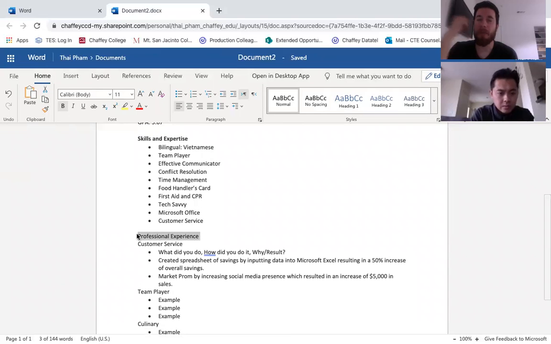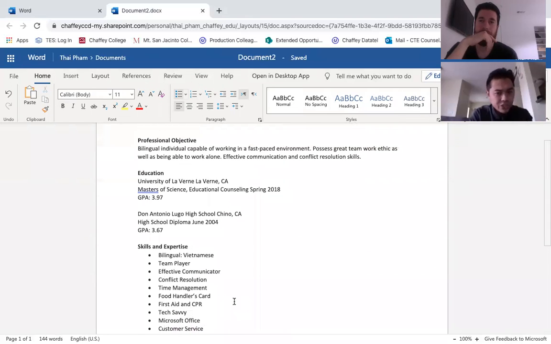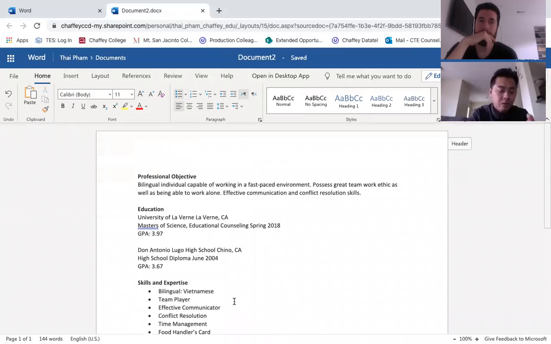It just helps guide them to those things. Think of it as a book. Each section is a chapter of your book, and that makes it easier for the reader to see. So I highlighted everything, which is good. Let me see here.